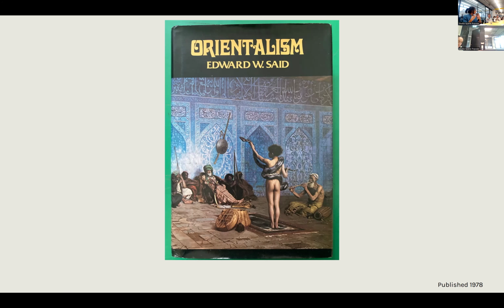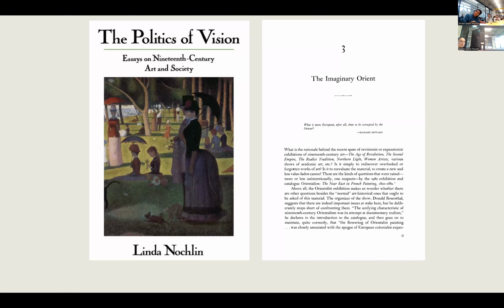He shows the problematics of how this gets used as well. So this critique becomes a really foundational work for understanding how Orientalism is used in colonial structures, right? And so if we go on to the next slide, just for a moment,